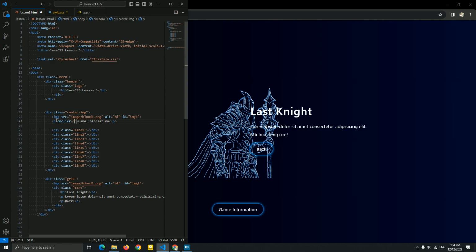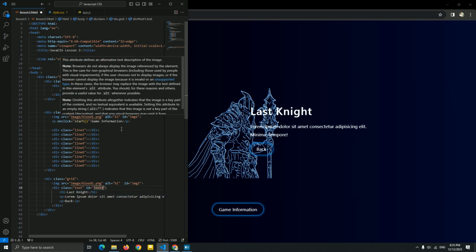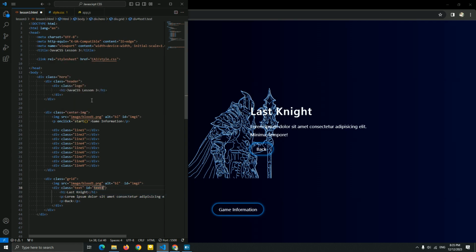For this text, which has the opacity 0, I'm gonna add text1. Yeah, very simple, very good.